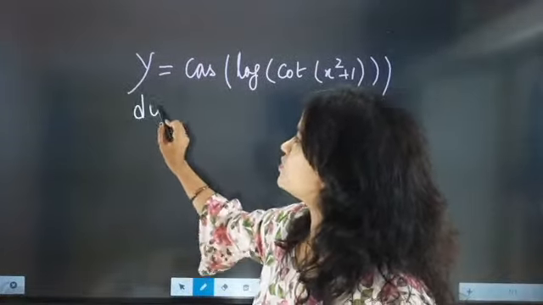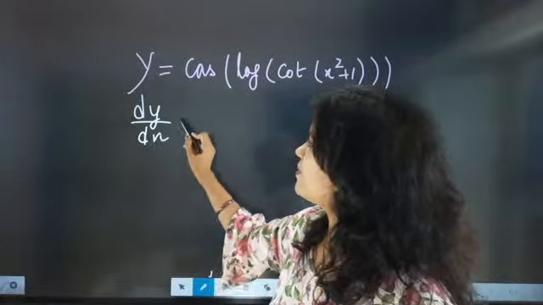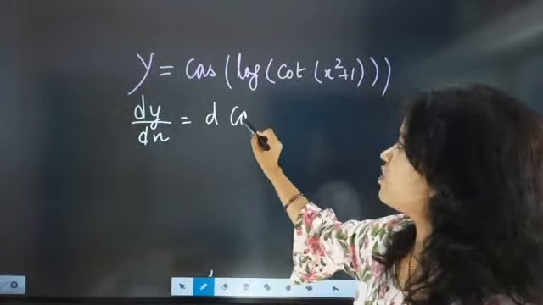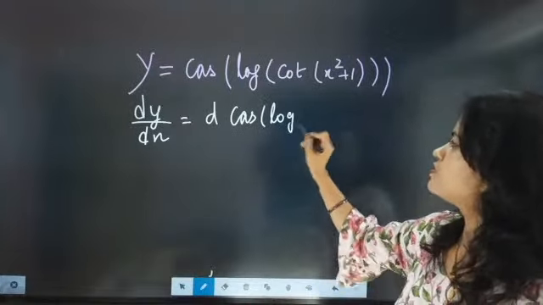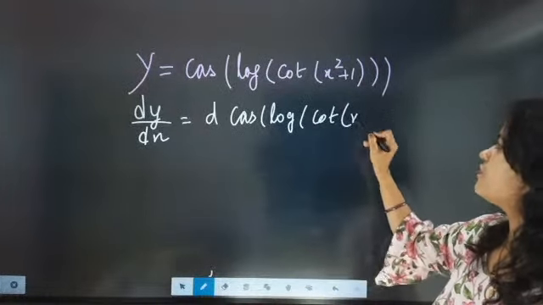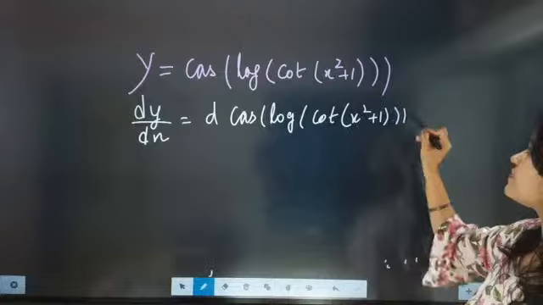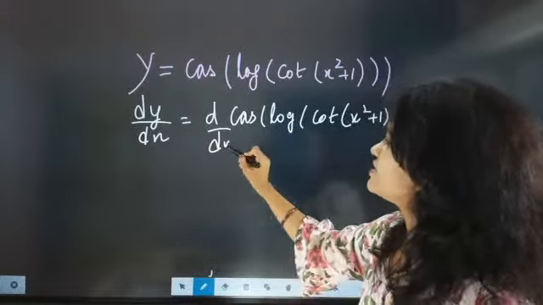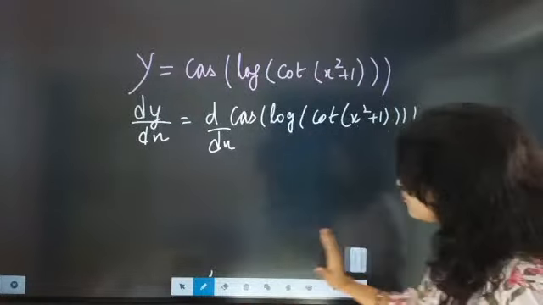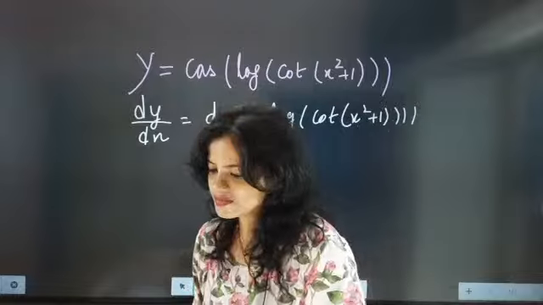So first you know our old method, dy by dx, differentiation of cos of log of cot of x square plus 1 by dx is there. But dx is not going to differentiate this much. We need,